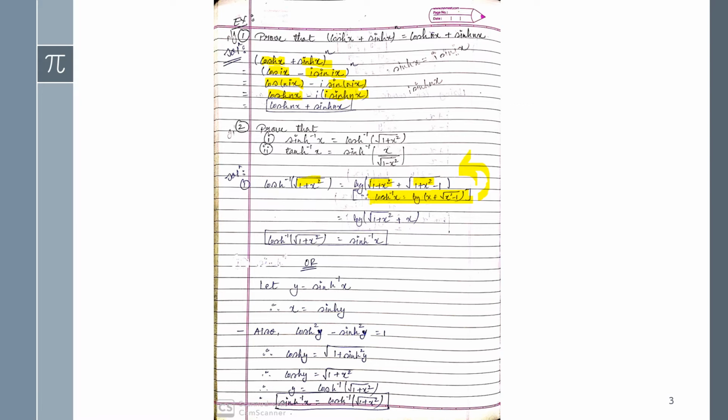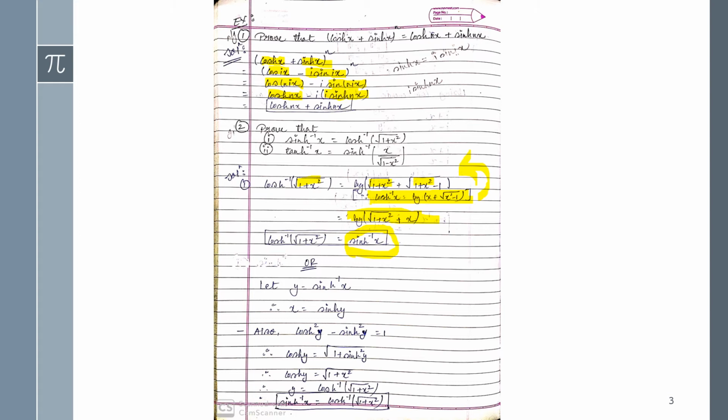Okay, now plus 1 minus 1 will cancel out, and here it will be only x, and this one is actually the equation for sine h inverse x. Okay, and this one we have solved by using its logarithmic equations, and now we are going through without applying that equation. Okay, so let's start with our old procedure.